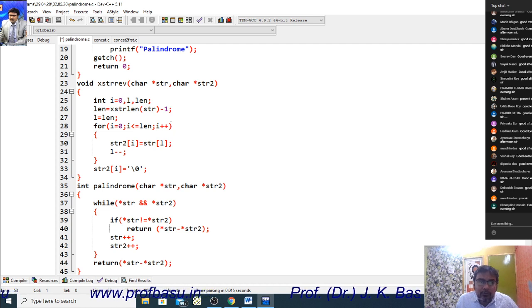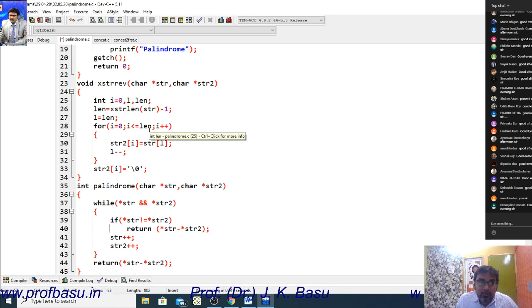When the value of I will be 3, then we are storing the first character of the str to str2, right? Now I plus plus, I will become 4, then the loop will be stopped. The condition will become false. So now up to this point